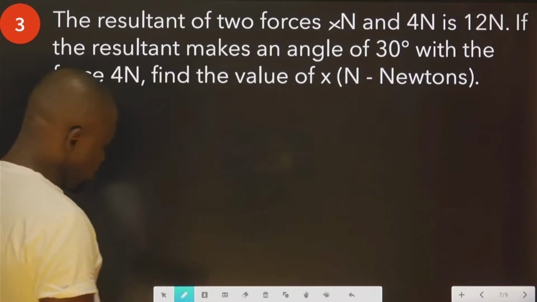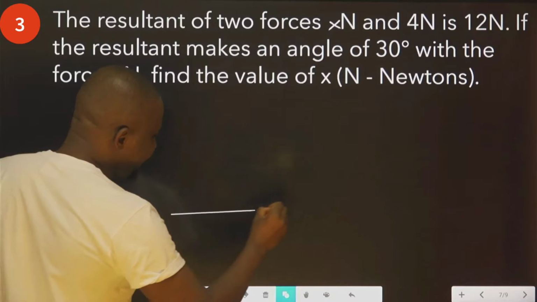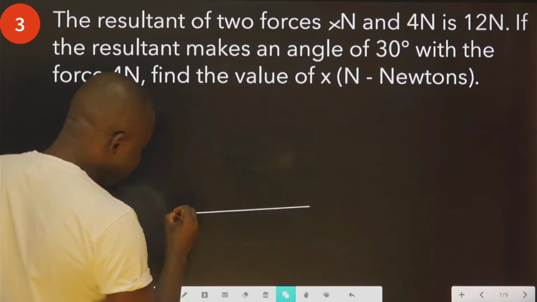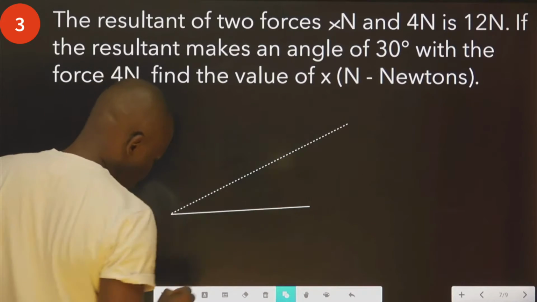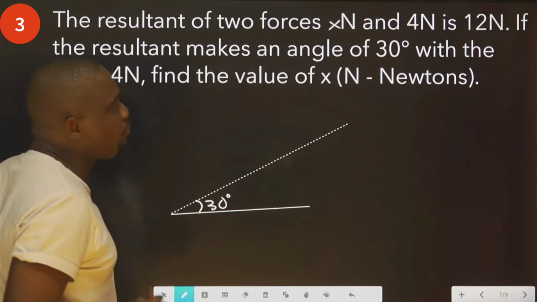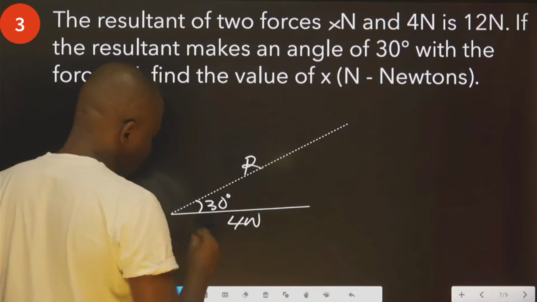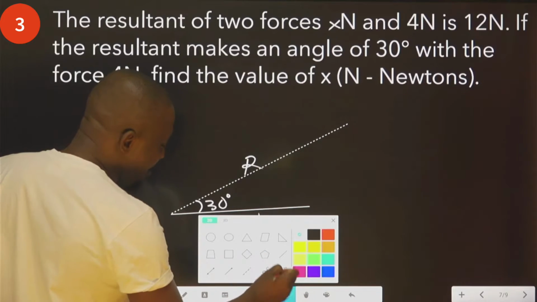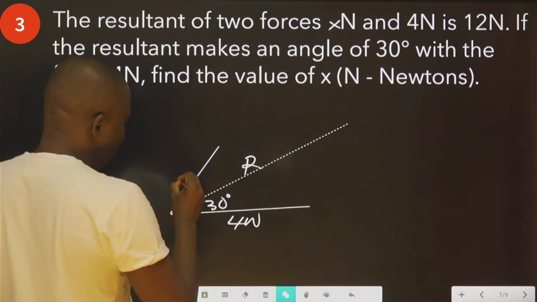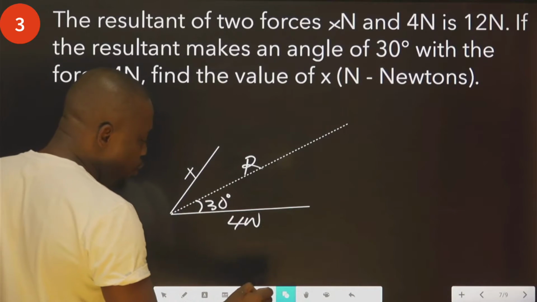So what I'm going to do, in this case, I will say this is a 4 Newton. I will call this one the resultant. Okay? So I will put the 30 here straight so that I will not be confused. So this is my 4 Newton. This is my resultant. So I need another line now to represent the X. Okay? So this is X. So what next should I do? I am going to draw